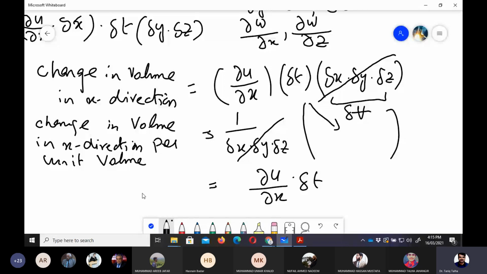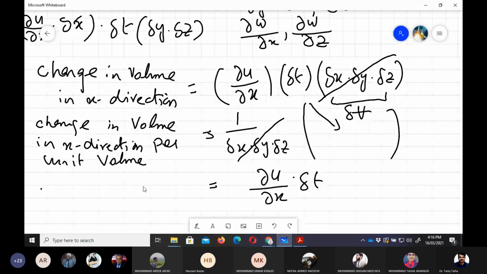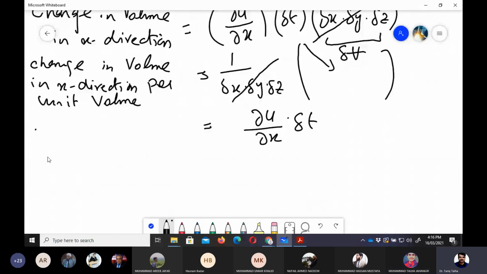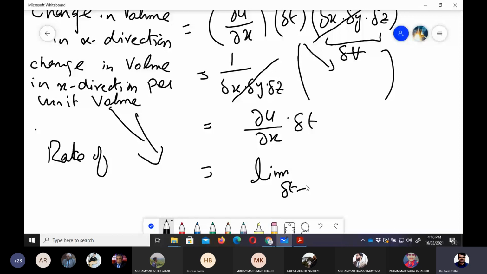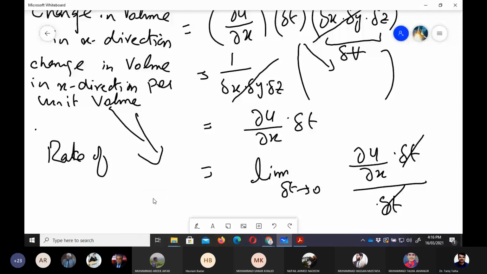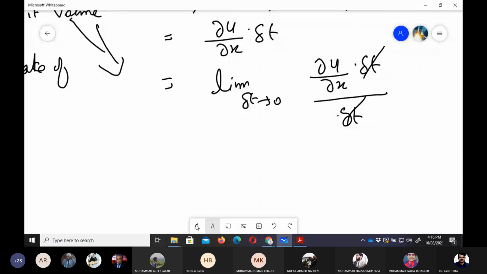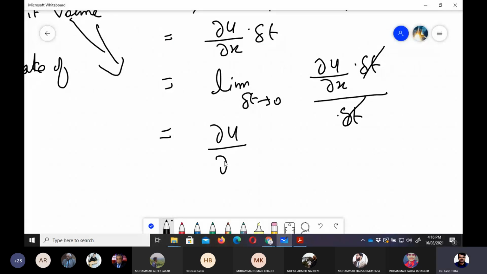Now if we want to know the rate of change of volume per unit, यानी कि यहाँ पे मैं कहता हूँ कि मैंने यहाँ पे कैलकुलेट करना है. सर डिवाइडेड बाय टाइम हो जाएगा. रेट ऑफ चेंज ऑफ दिस टोटल, तो वो हमारे पास हो जाएगा लिमिट delta t equals to 0 and this bit divided by delta t. तो वो कैंसिल आउट हो जाएगा और आपके पास ये चीज जो बचेगी वो हो जाएगी पार्शियल u बाय पार्शियल x. अब ये चीज हमारे पास आ गया रेट ऑफ चेंज